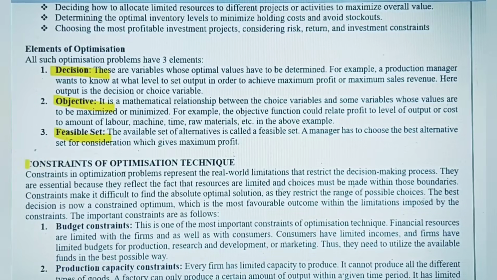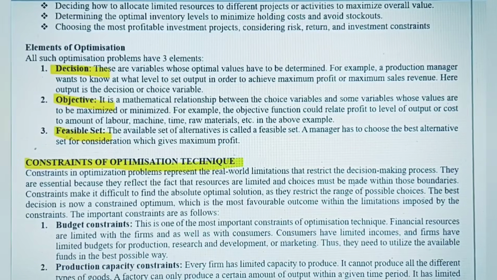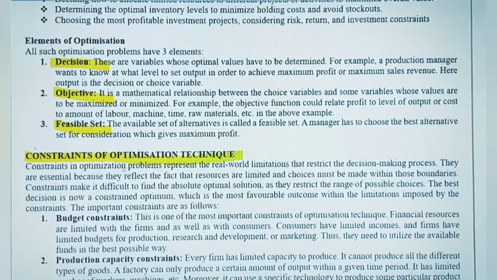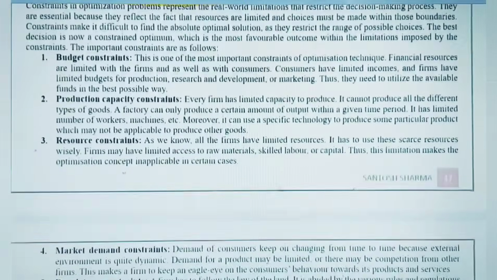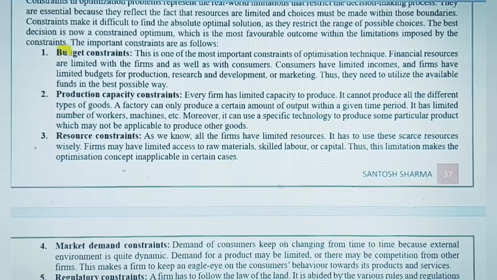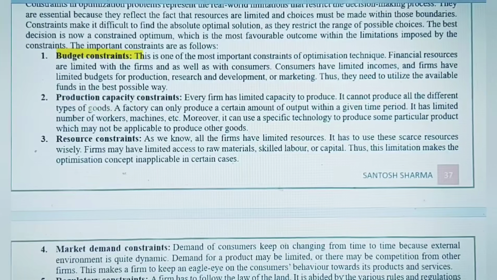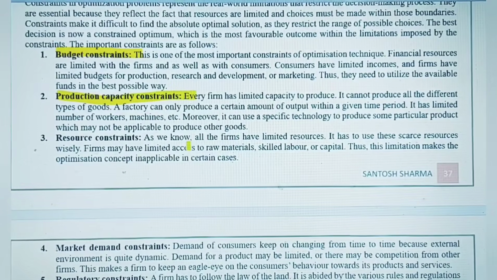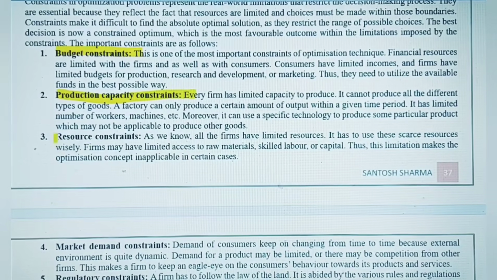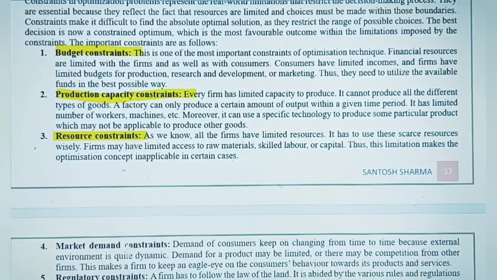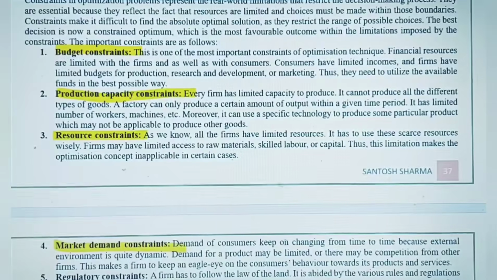And when we talk about the constraints, its limitations, its hindrances, so these points can be written like there are some constraints regarding the budget, cash, production capacity, that can also act as a limitation. Resource constraint is there. Then market demand, if the market demand for the product is not good, so that may create